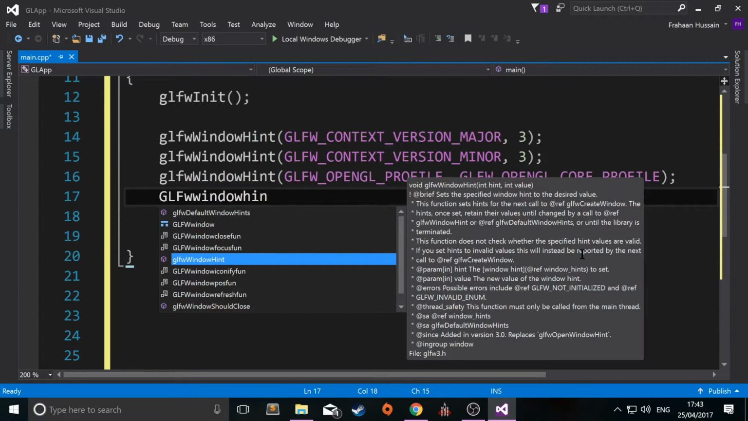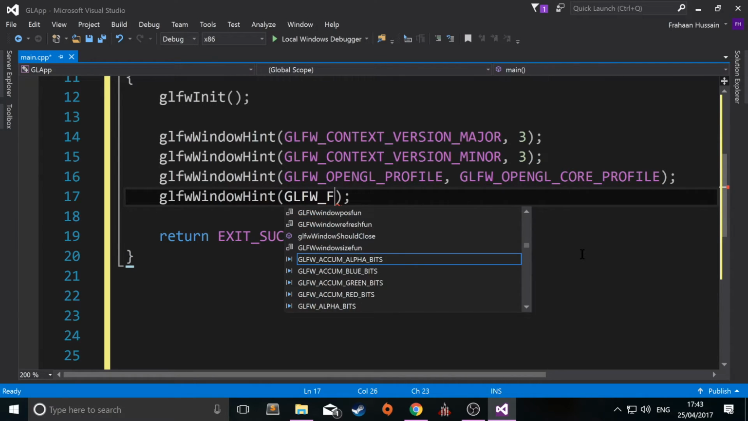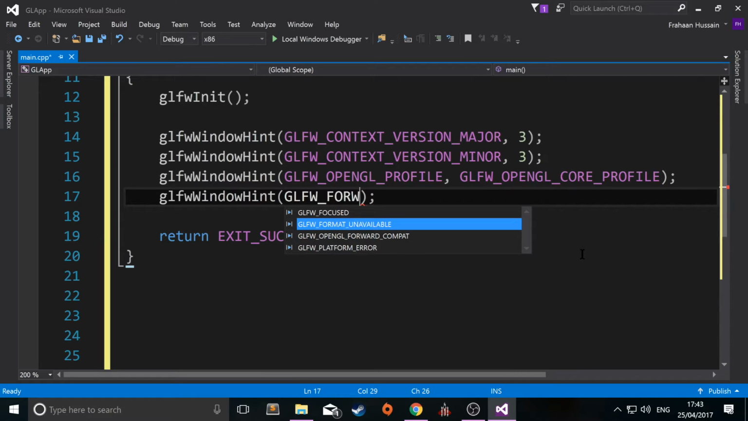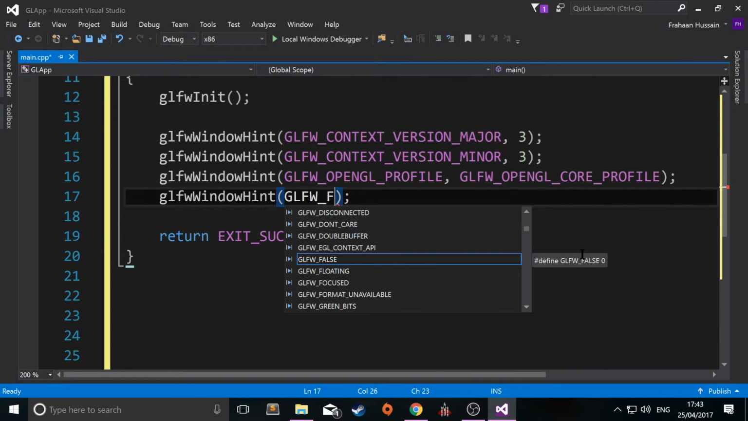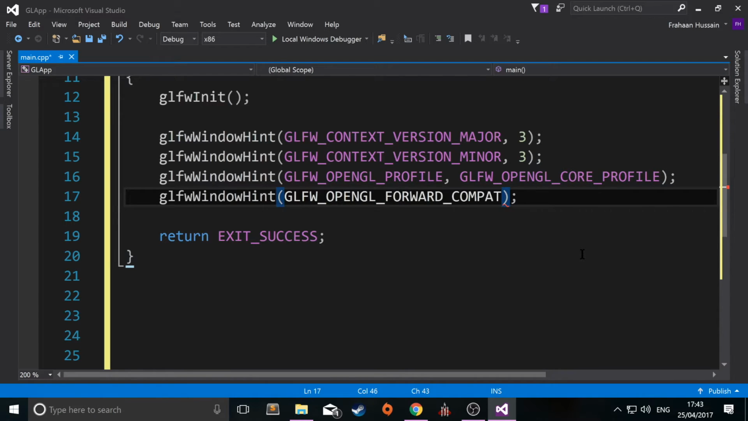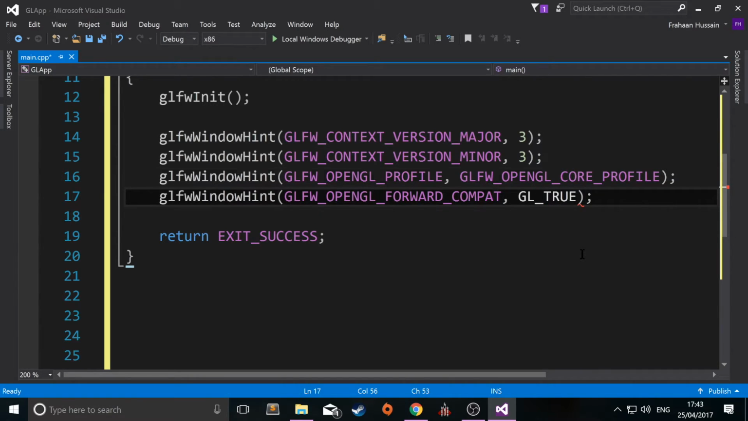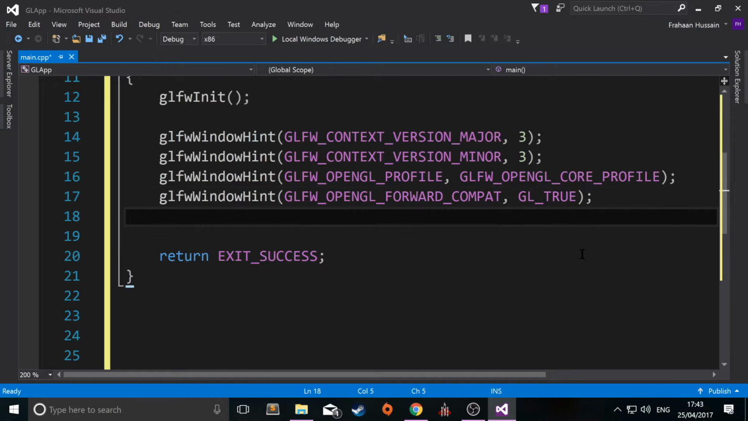hint, and this one is going to be the forward compatibility. So we're going to put GLFW_OPENGL_FORWARD_COMPAT. We'll set that to GL_TRUE, like so. So we just got the forward stuff done,